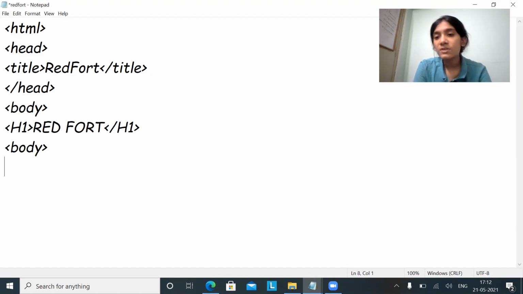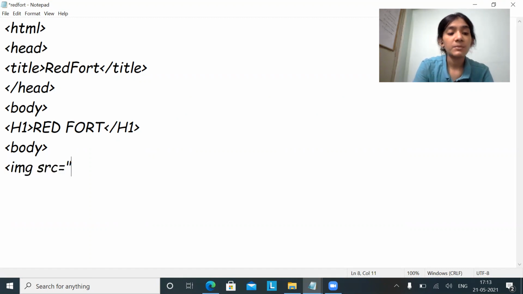So in body, I want to specify one image and one paragraph about Red Fort. That's it. Okay. So img src equal to. So I don't have an image about Red Fort, so I need to again download it. Okay.